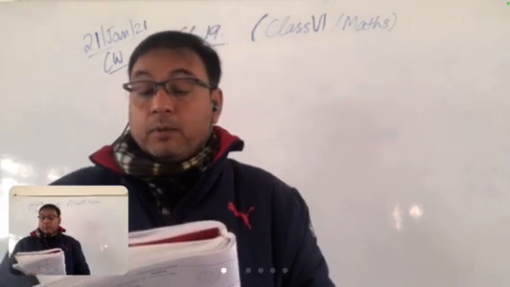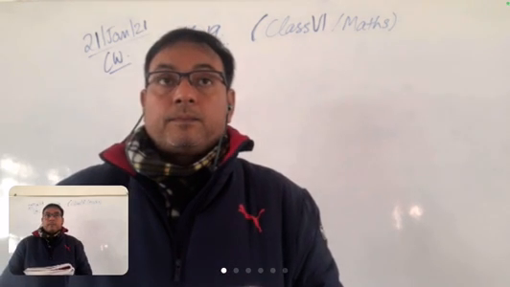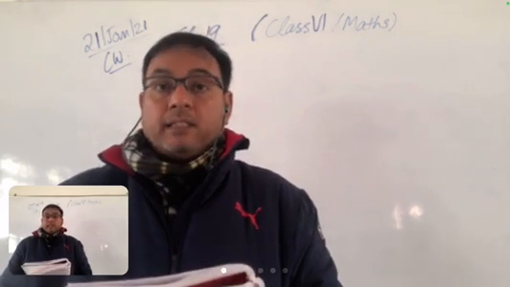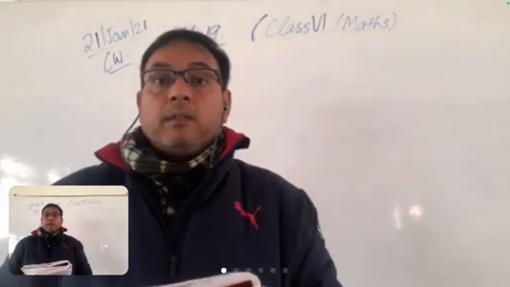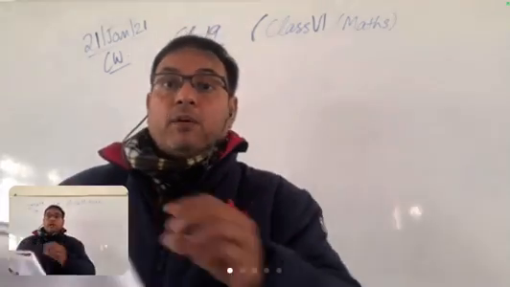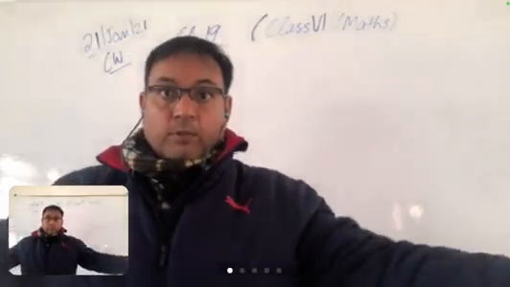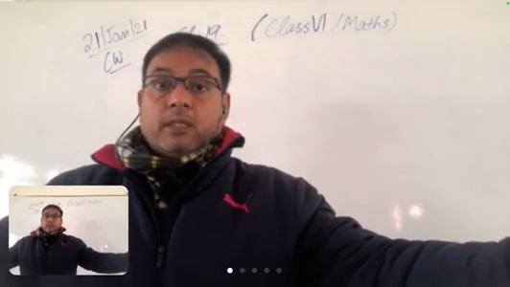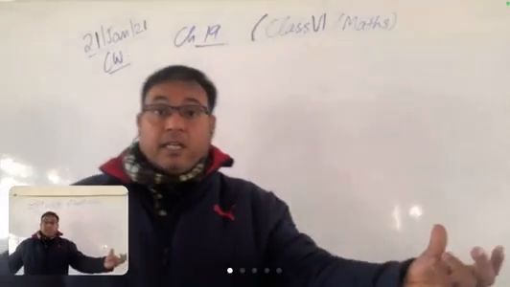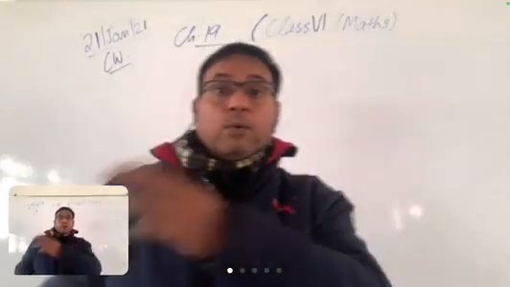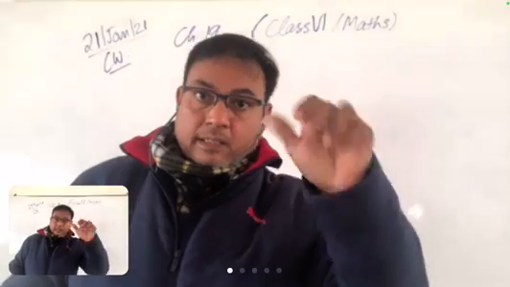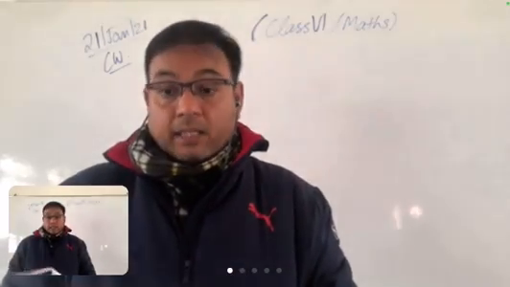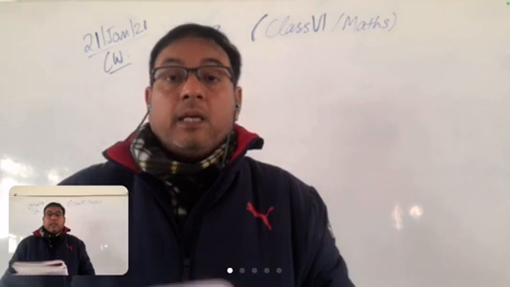Cuboid, cube, cone, cylinder. Cylinder? Yes, it is in the shape of a cylinder because the pipe is hollow from the two ends. When you see the pipe in a straight position, the two ends are hollow and the body is curved. So your answer is exactly right, option D, cylinder. Good. Next, Rajni.